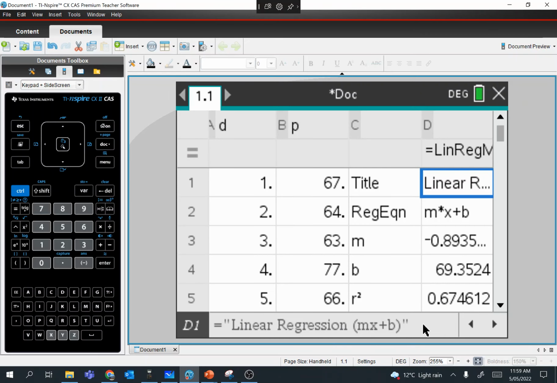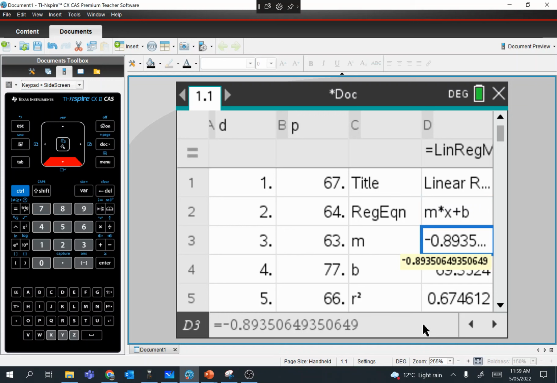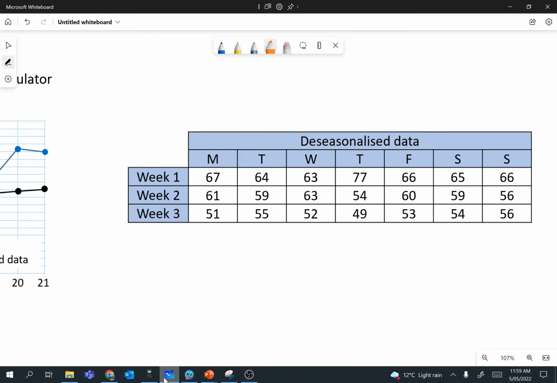So the important numbers here are our gradient, negative 0.89. I'll go to 2 decimal places on that, so I'll round to negative 0.89, and our y-intercept being 69.35. Okay, I'll see if I can remember those as I go back to the previous page. So